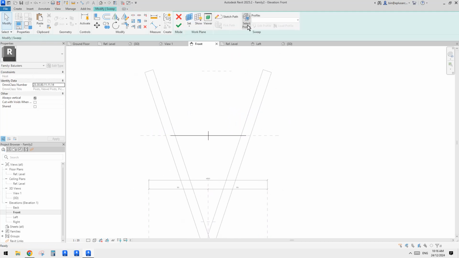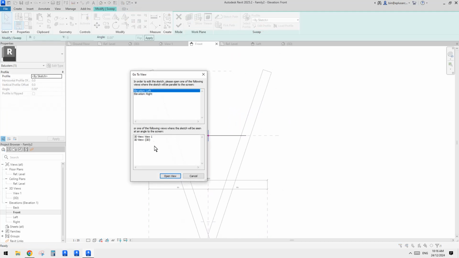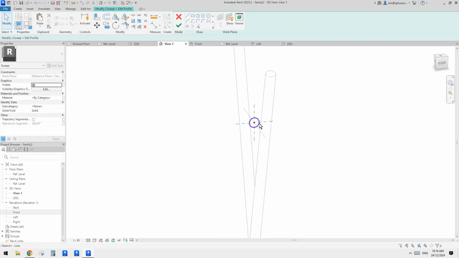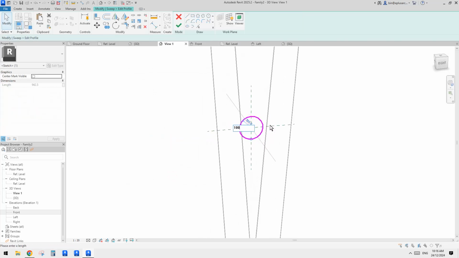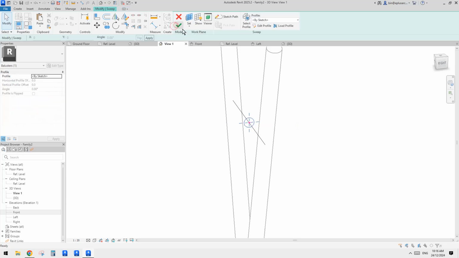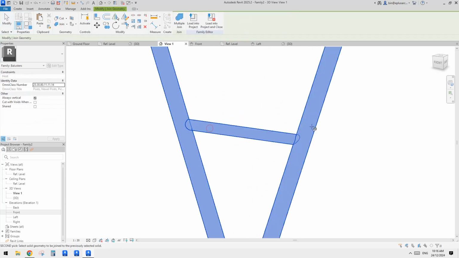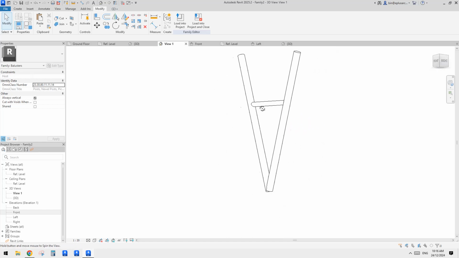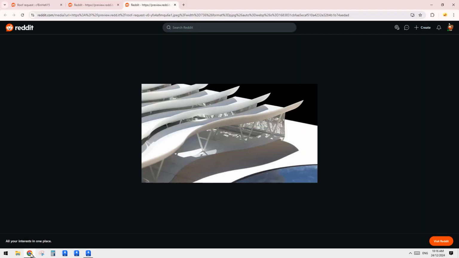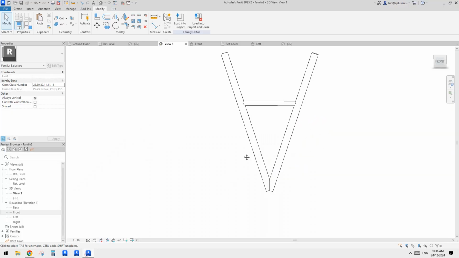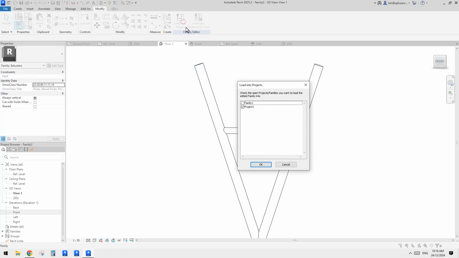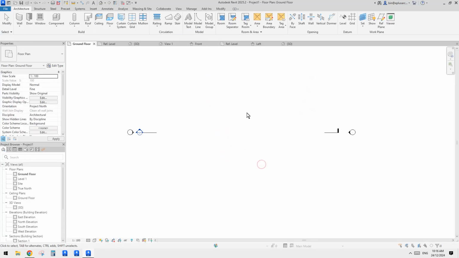So yeah, and then edit profile again, you can go to 3D view as well, right? And then we just change this one, make it smaller, finish, and that's all. And then also we can use join geometry. So okay, now we have this horizontal member. So now we can load this one into the project, and